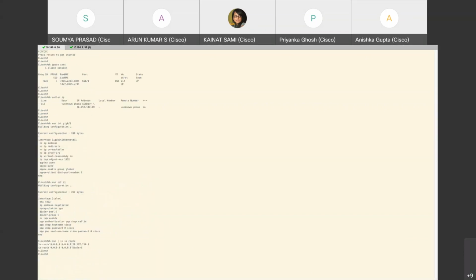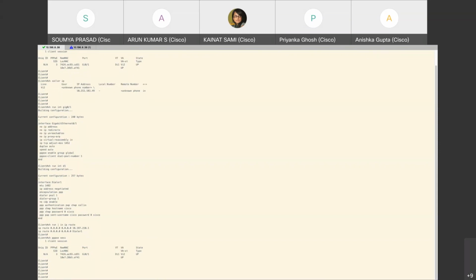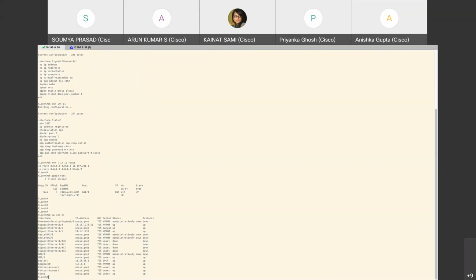And how do you verify if a PPPoE session is up or not? Right now, I've configured it so the session is up. So the basic commands that we use are, you do a show pppoe session. This will tell you that the session is up. This is the dialer 1 interface, and the state is up. And how do you see what IP is assigned? You can obviously look at show ip interface brief, and what IP is assigned on the dialer interface will be